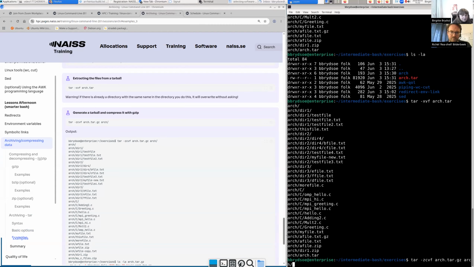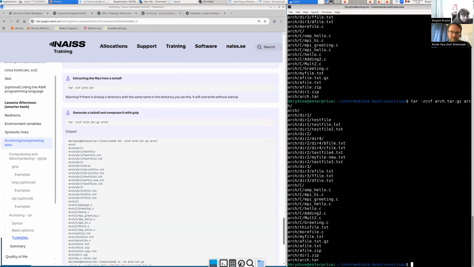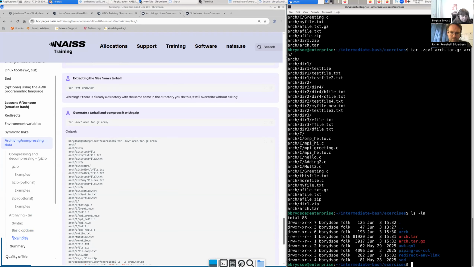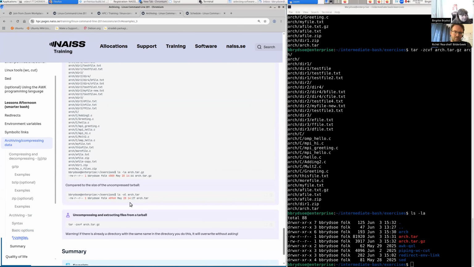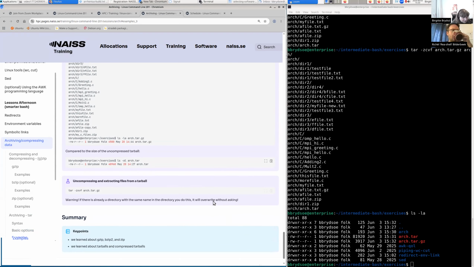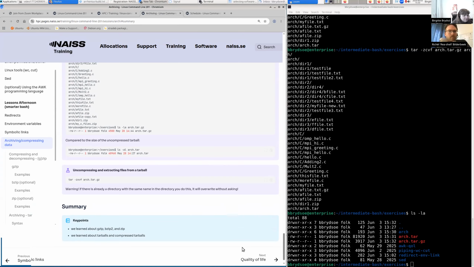And then we take the directory. And now we have arch.tar.gz. And to uncompress it, we do tar -zxvf, x instead for extract. And yes, as I said, it overwrites and it doesn't ask. So be careful. Okay, it's high time to move